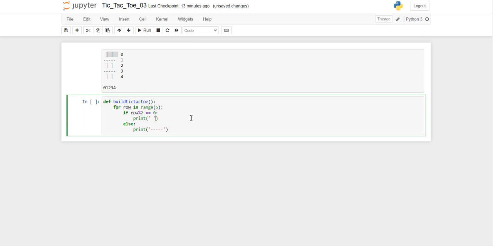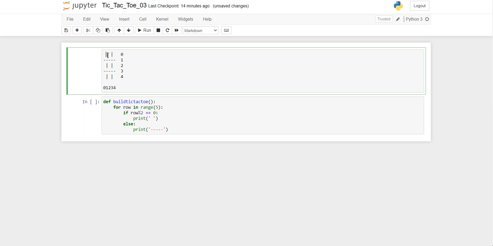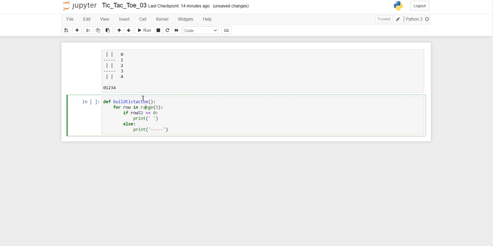But here is a trick. If I do a print statement, obviously after the print it will go to the next line. So while printing this slash, except for the last one, we should be able to continue in the same line itself. So for that we have to loop through the columns. Right now for each row I have looped and printed that 1 and 3. Okay, so now we have to loop through the columns as well.